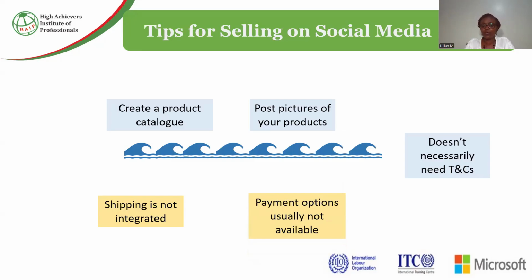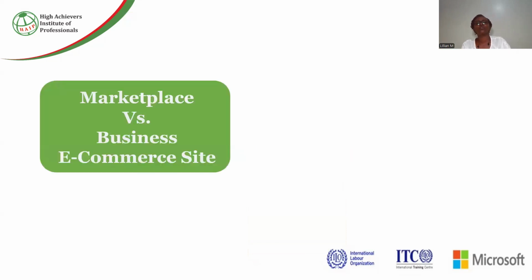So the only way you can circumvent these, or at least make it slightly more seamless for the customers, is to automate messenger service in your social media pages so that now they can engage with you to get details on how to pay. Now that is social media. If that is where you are at right now, don't beat yourself up and say, I am not yet there, I'm yet to get to the place where I can have my website, or I can list my places on websites that sell goods, etc.